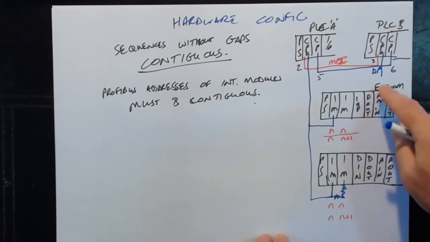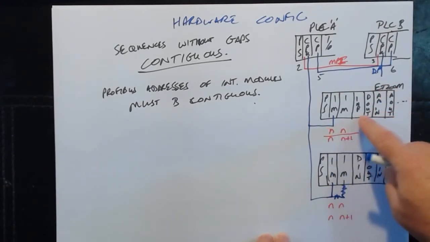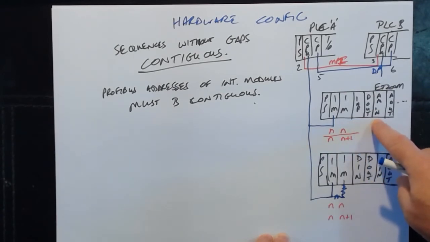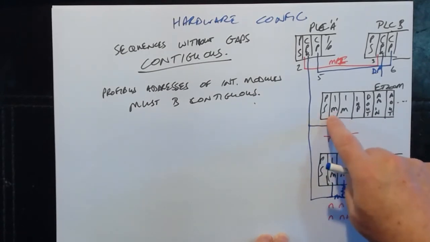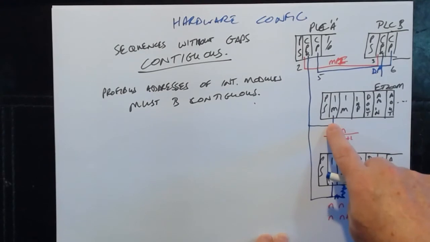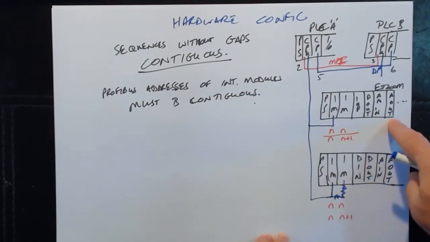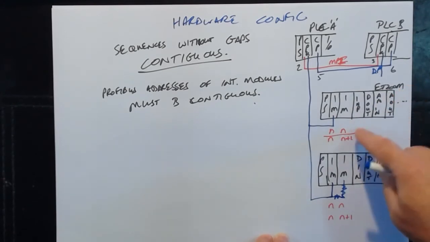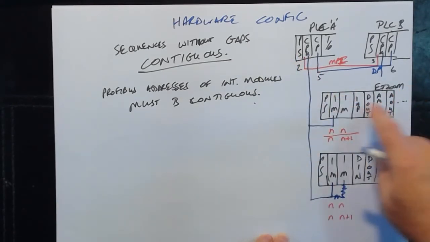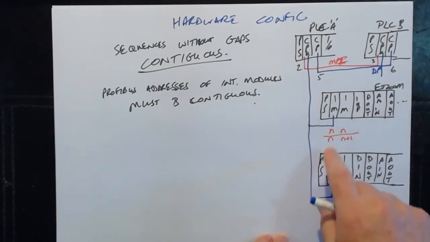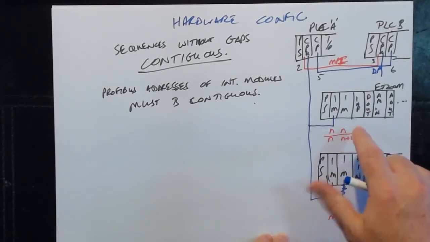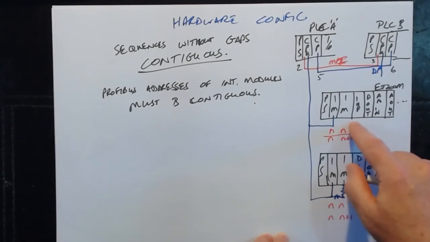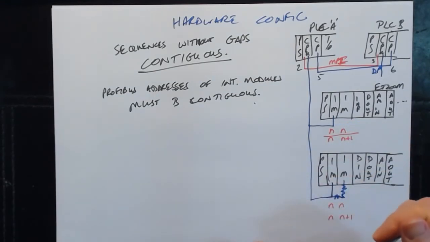But we also said earlier on that both CPUs can interrogate the inputs of these devices, but only one CPU, the master or the one in charge, can talk to the outputs of these racks. So only one CPU can do outputs, but both can read the inputs. What that means in the terms of software redundancy is that the inputs numbers don't really matter. And when you do configuration of your hardware, when you do it in step 7,